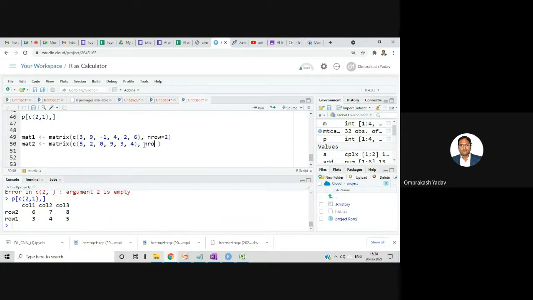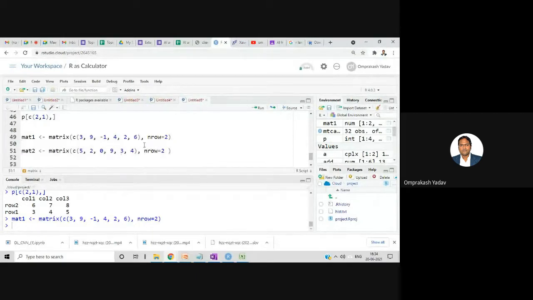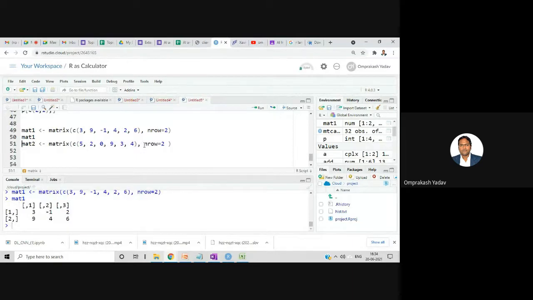And row equal to 2. Let's run the first one. Let's print that mat 1. Okay, so we got this one: 3, minus 1, 2, 9, 4, 6.